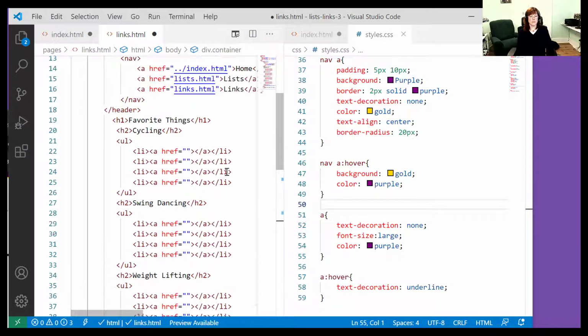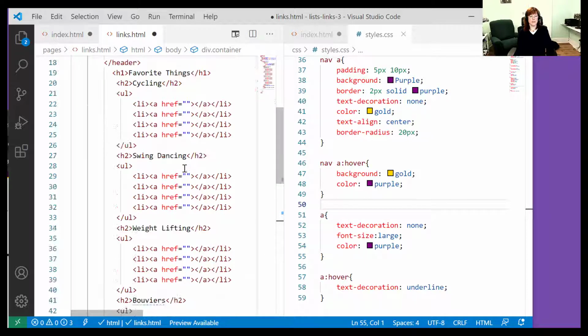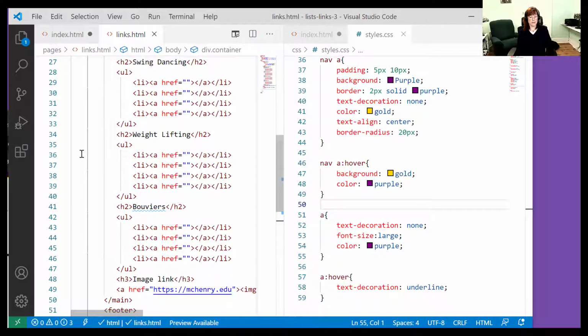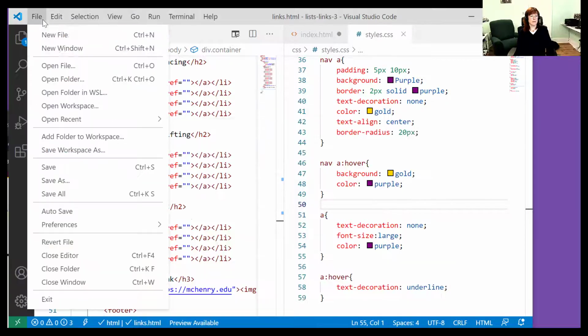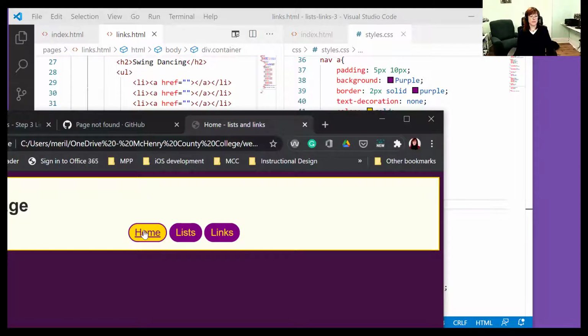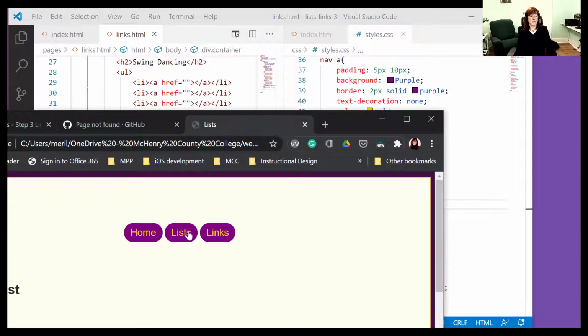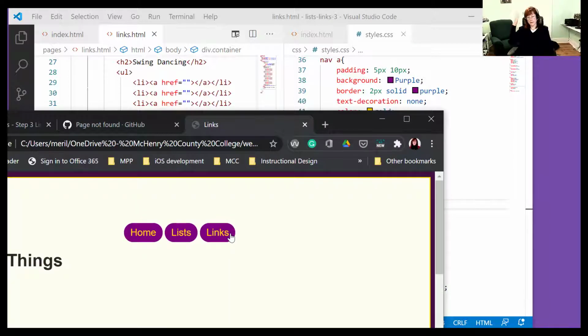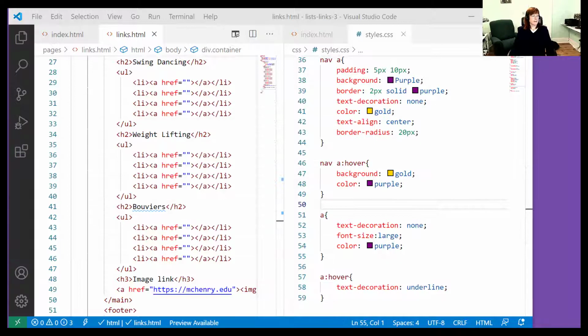And so let's just check everything. Favorite things, cycling, nav, that all looks good. I can save that. File, save all. I'm going to refresh this. Lists we have here. Links we have here. Okay, so we're going to add some links and we're going to show you how to style them. You're going to have to do the links on the different page, and we're also going to put in bookmarks